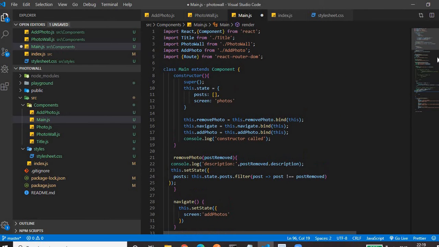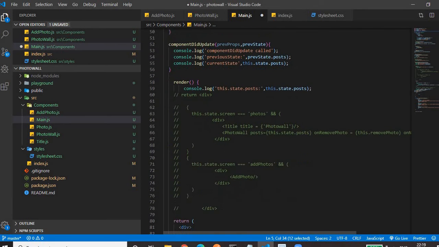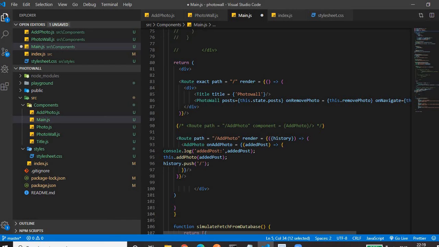Okay, so for that we have to import Route from the same package, react-router-dom. Then we have to go to the render method. If you see, I am writing Route path. The path is empty when our application loads for the first time, or when the path is localhost:3000, meaning we have not added any URL till now. When the path is empty, and it should be an exact path, then we have a render property, we can say render props, in which it will take a function. This is the arrow function.